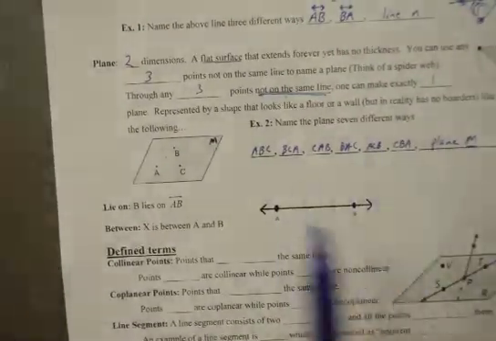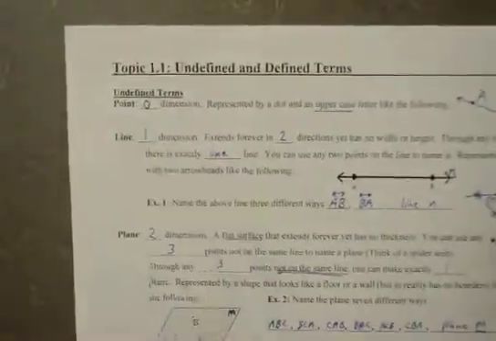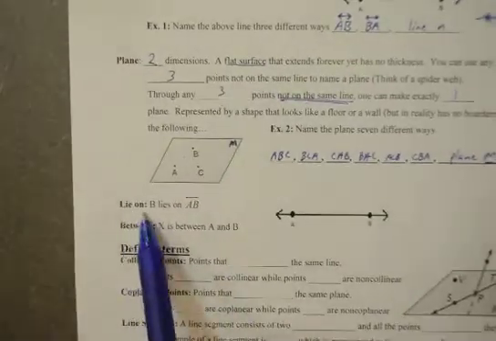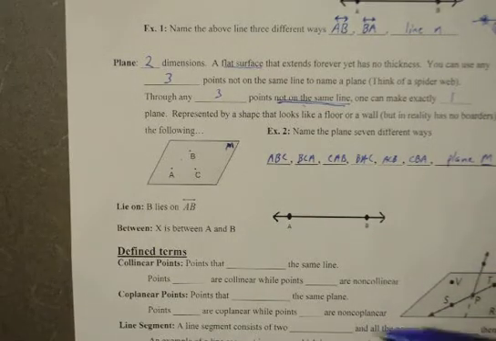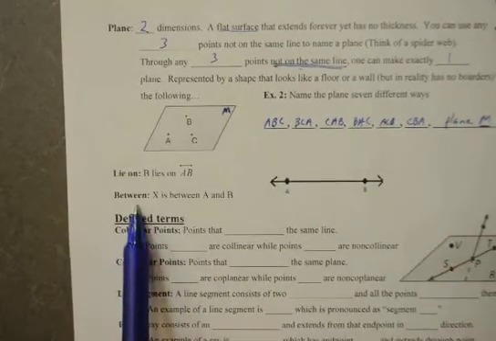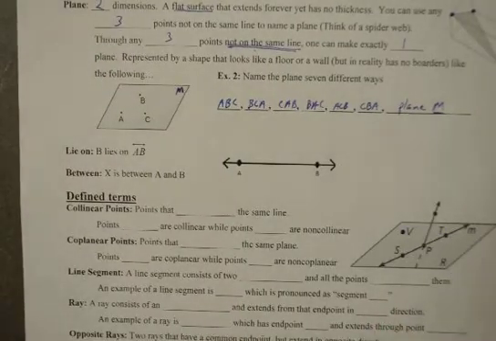Alright, so there's our undefined terms actually. These have no definition: point, line, and plane. And actually there's a couple more. The word lie on, to be on something, we don't really have a definition for that, believe it or not. Try to describe the word on without using the word on. And also the word between. The word between doesn't have a definition. Try to describe the word between without using the word middle.